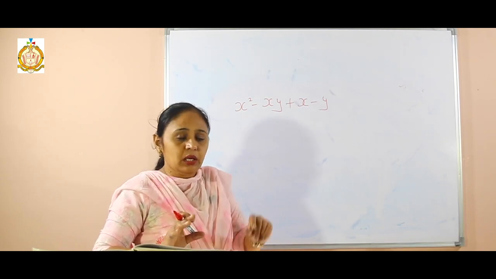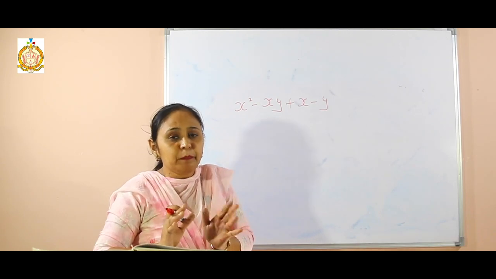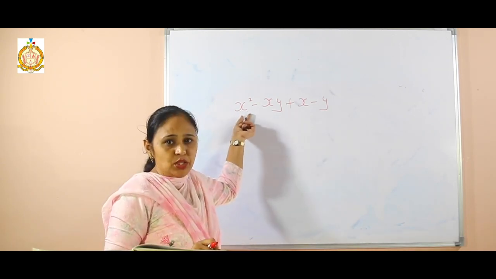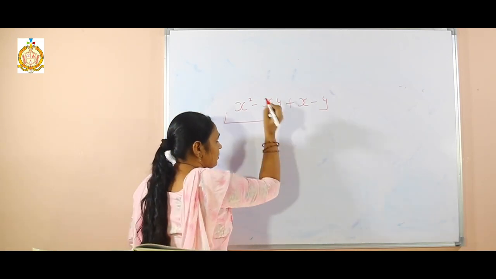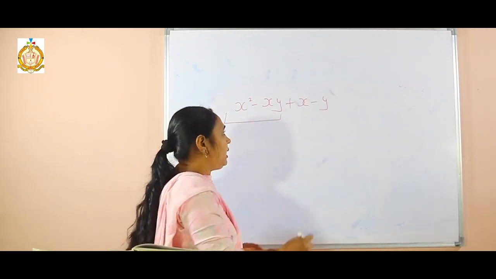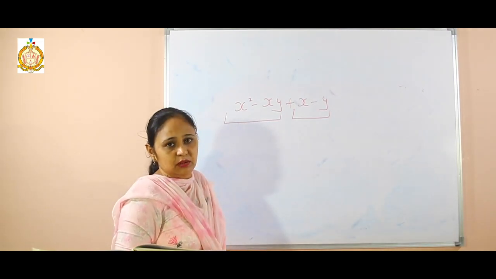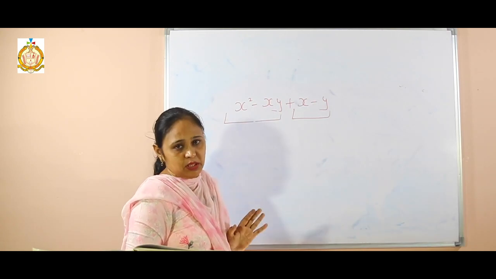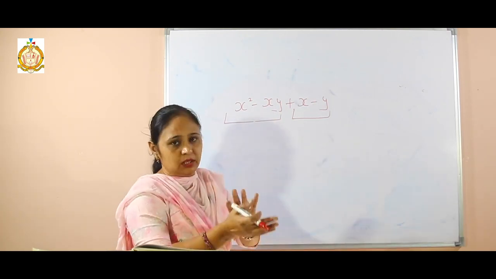To make the grouping, one thing you have to be clear about. We take the same variable in one group. There are two values, I make the group of these two values. Then there is a single value, I make a group of this one also. This is the first method. If you don't want to make groups of 2 and 2 and 1, 1, I can do it another way. First I solve the first method, then I will solve the other grouping.